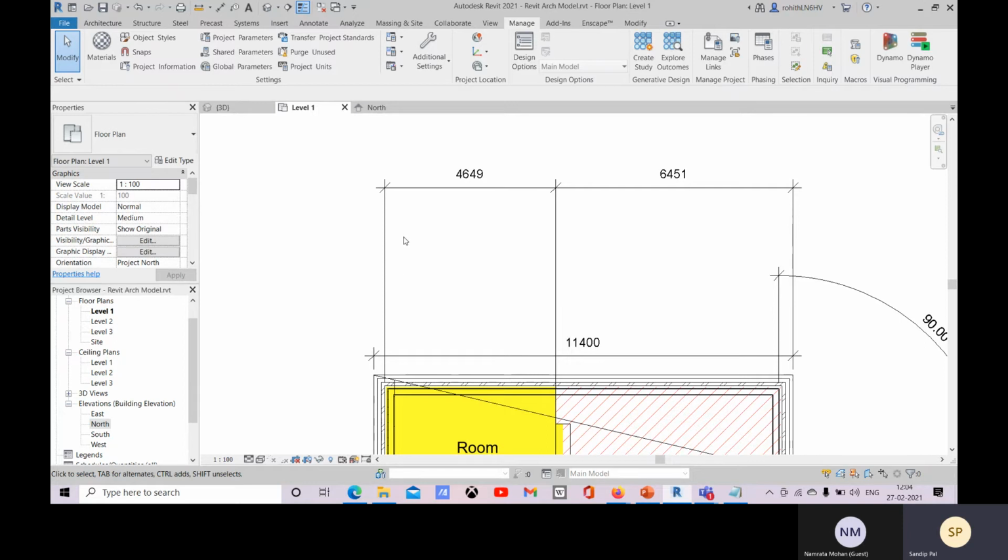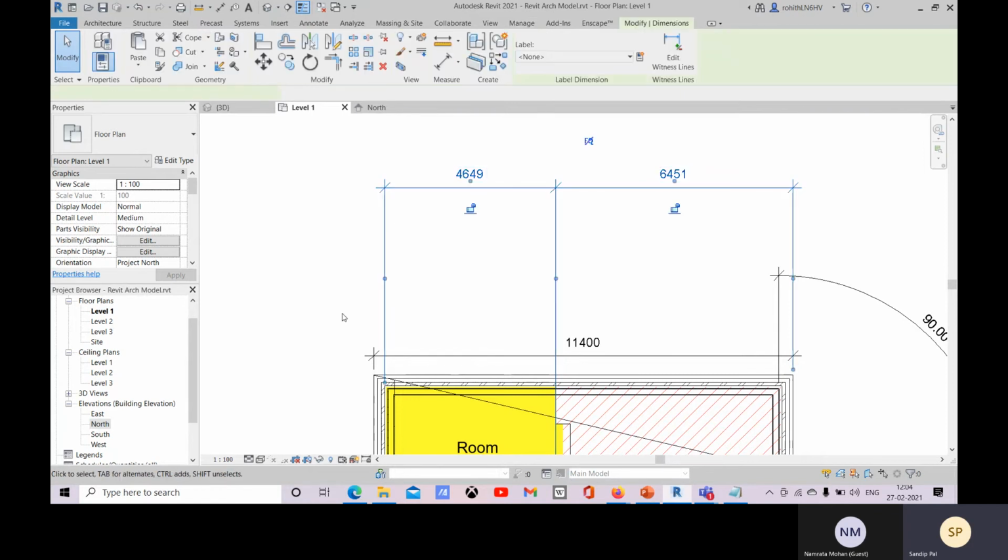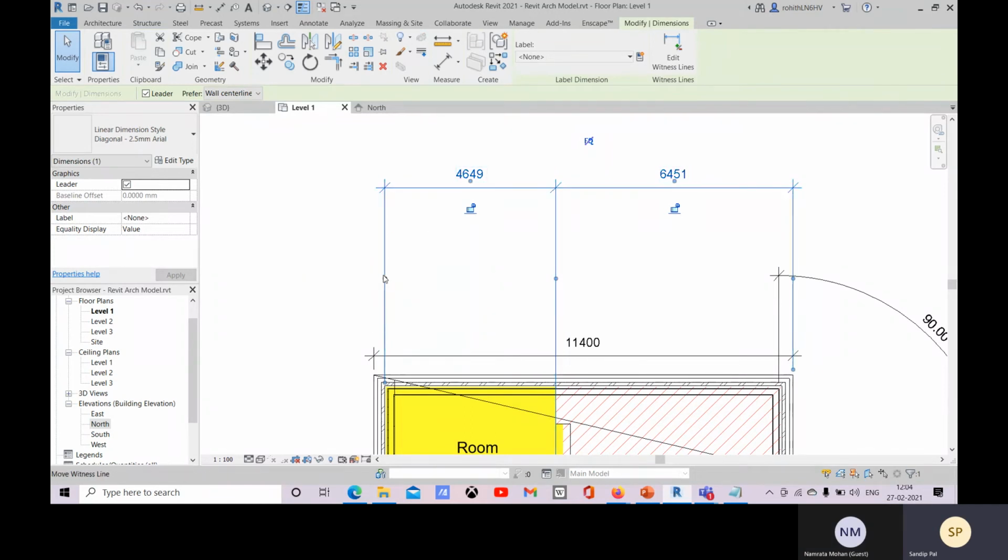Because when I selected this dimension, I selected from this line that is called your extension line, right? Dimension extension line. From this end I have selected this, so that's why I'm getting the witness line from this end. So if you want to get it from this end, select your dimension from this end. That's how it works.